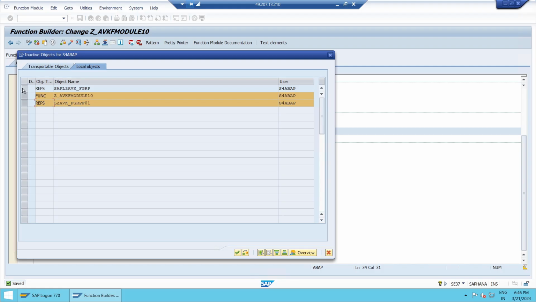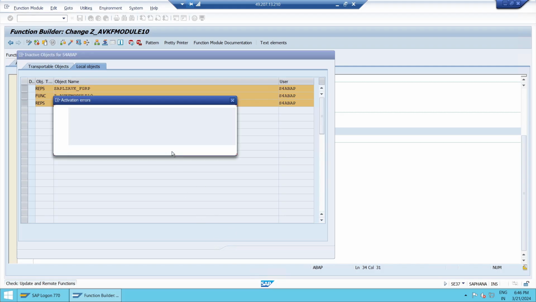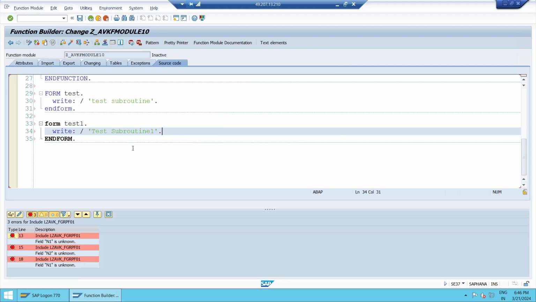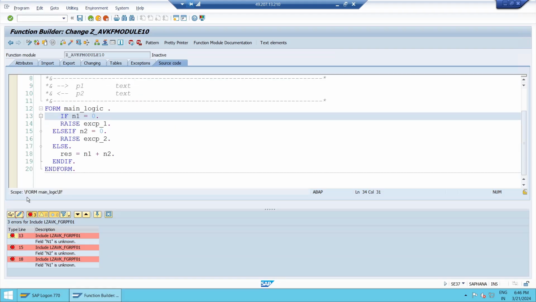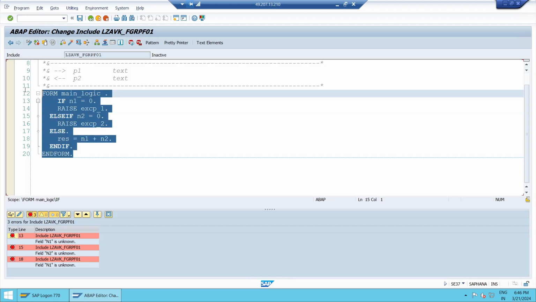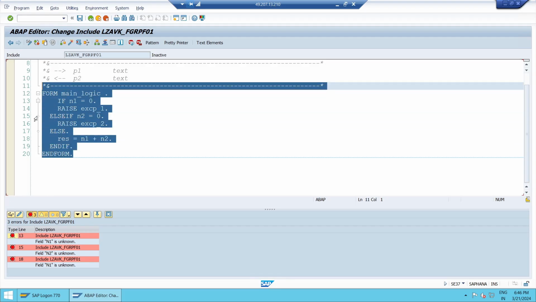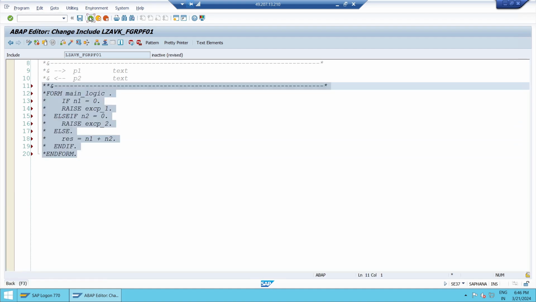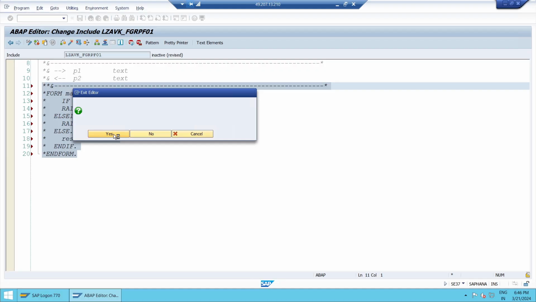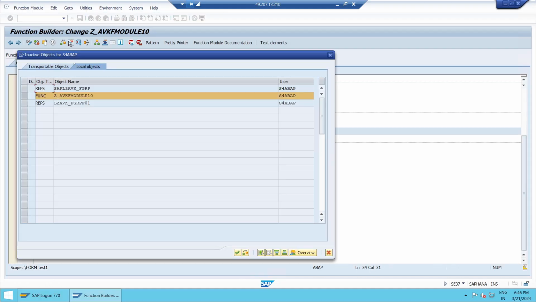So this way we will go here, we will comment this logic also, because there is a concept of global declaration, that's why it is giving error. No problem. So activate all, now it gets activated